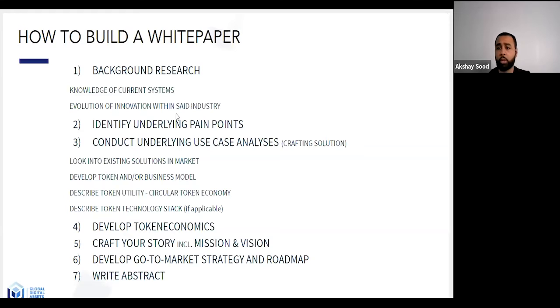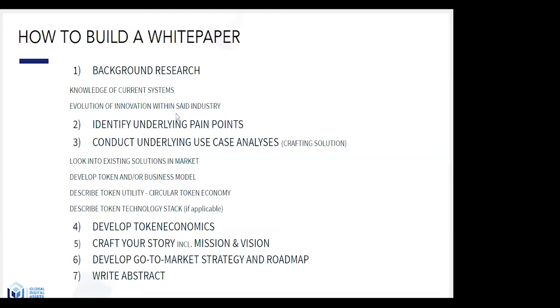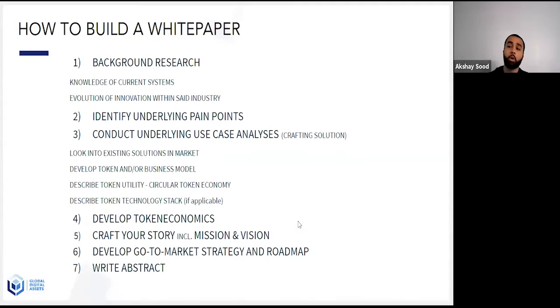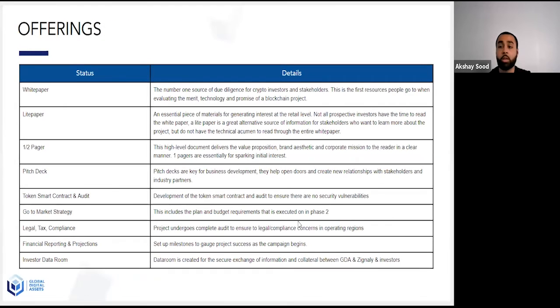Now, the third thing here, which is in lieu of the second, is that you want to be able to create a circular token economy, which means going from the customer or the user buying tokens, to using your platform, transacting in the different places, to then going back to the market and continuing to buy tokens again. So the circular token economy is going to be very, very important for you to develop, so that the value that you have generated is continuously circulated and transacted, and also stays within your ecosystem as much as possible.